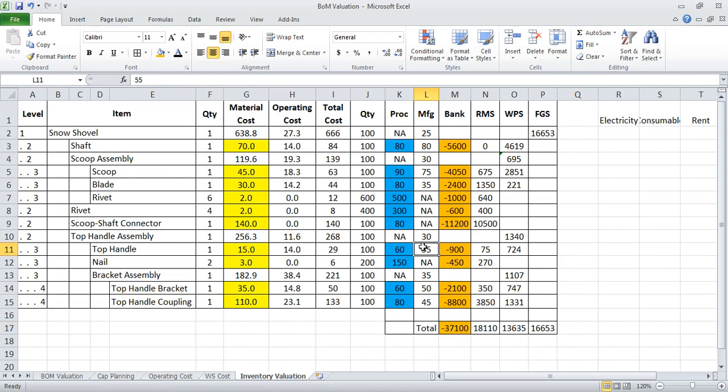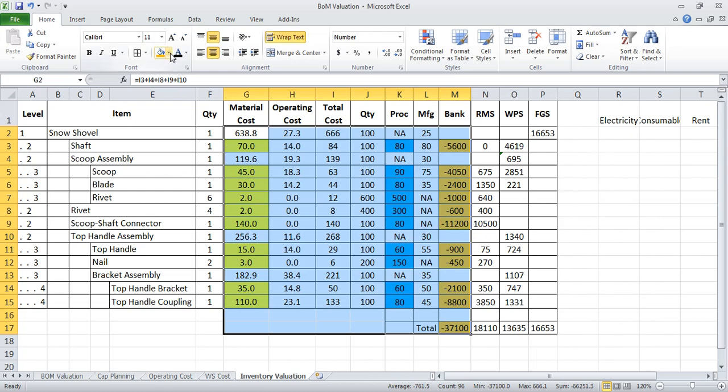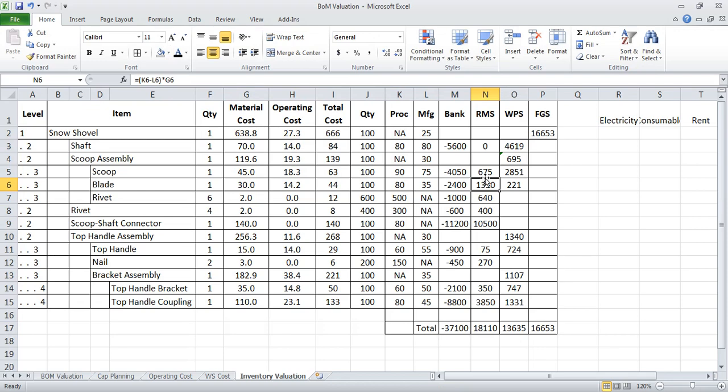Okay. Now, let me explain to you. Let me remove all this color now. And let's go ahead and understand how the raw material store inventory has been decided. 80 components have been procured.